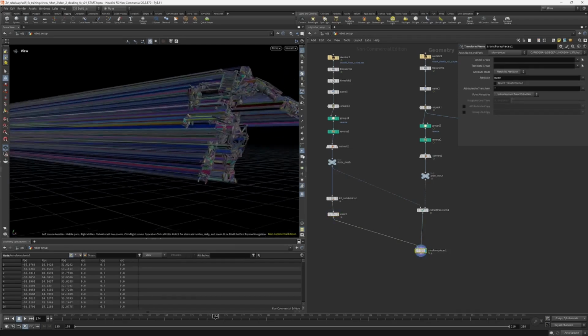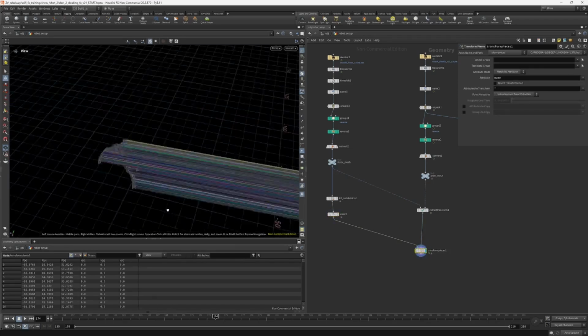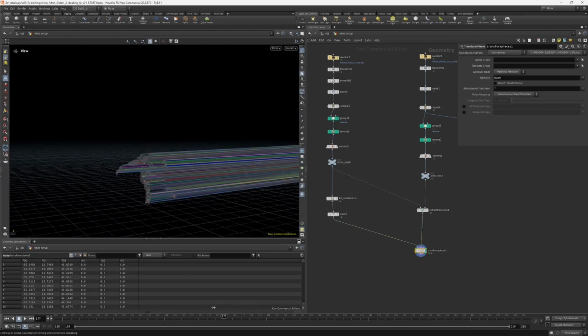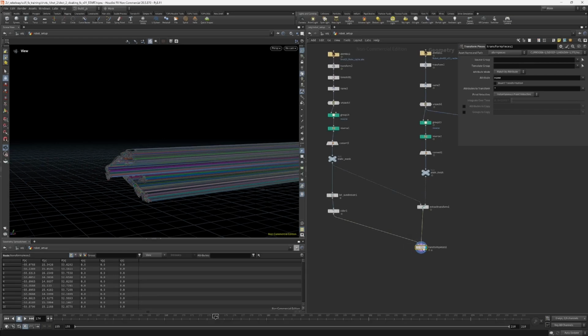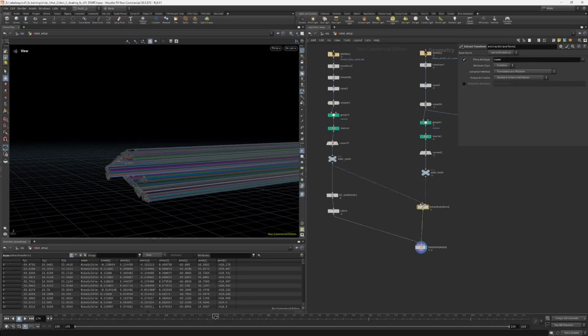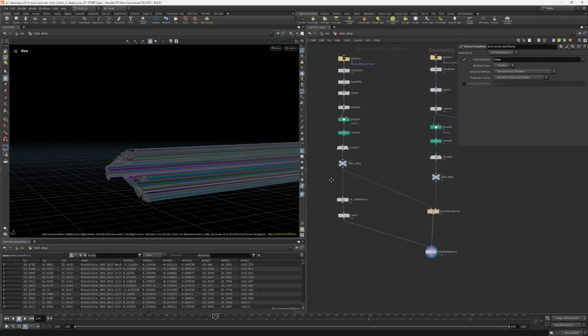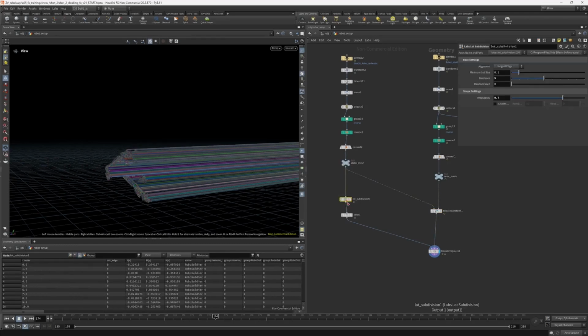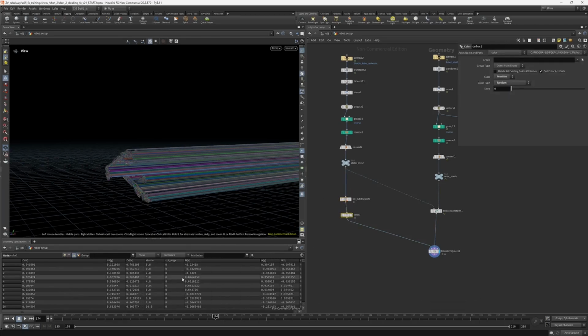Oh, now you can see there's a little bit of a problem. It's not working anymore. So why is it not working? If you have a look at the transform pieces, like we said, we're using this name attribute. If I have a look at the transform here, you can see we've got our name attribute. And if I go up here, I've got my name attribute. And if I go to the lots subdivision, you can see I've got a name attribute here as well, but